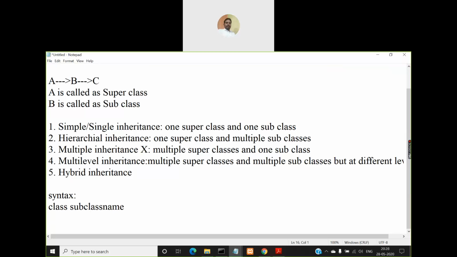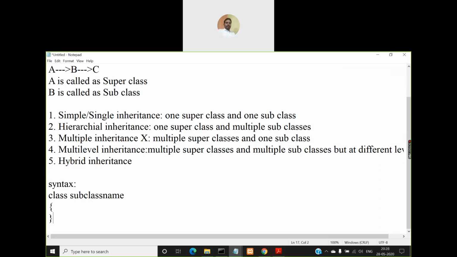So this is how you define an ordinary class without inheritance: class followed by class name. But here I'm giving the name as subclass name because I'm using the concept of inheritance. If this is going to be a subclass, to which class is it going to be a subclass? There must be a superclass, right, for which this is going to be a subclass.